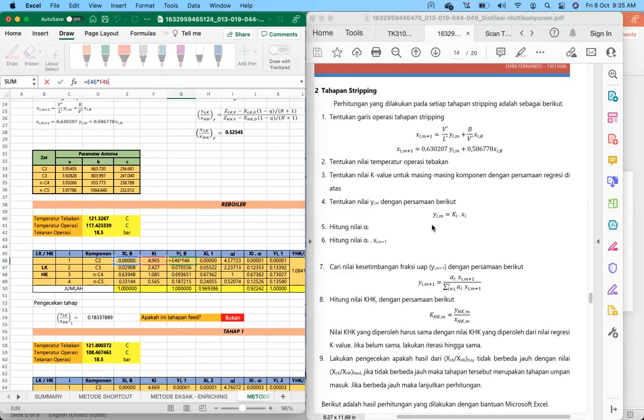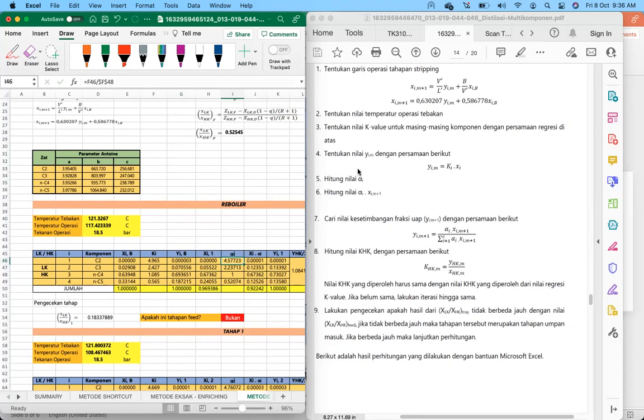So this one is based on the k value equal to y divided by x. Once you know this one, then you can also find the x one as well. Then also find the alpha, the alpha i, from the ki divided by khk. You got the alpha there, and after that you want to find